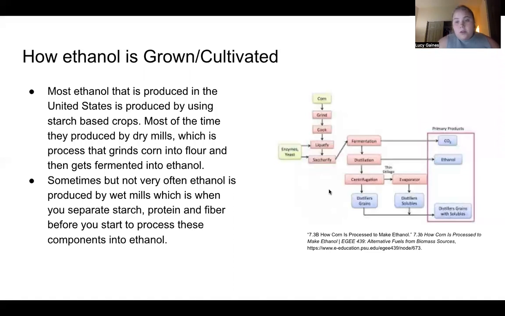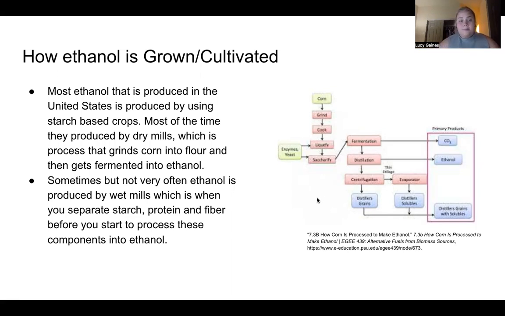How ethanol is grown/cultivated. Most ethanol that is produced in the United States is starch crop based. Most of the time, it is produced by dry mills, which is when they grind corn into flour and then that gets fermented into ethanol. Sometimes, but it's not very common, wet mills are used, which is when you separate the starch, protein, and fiber before you start the process of making it